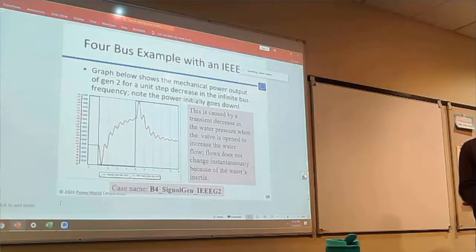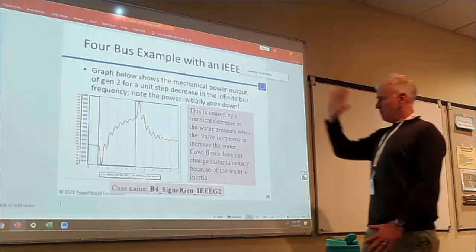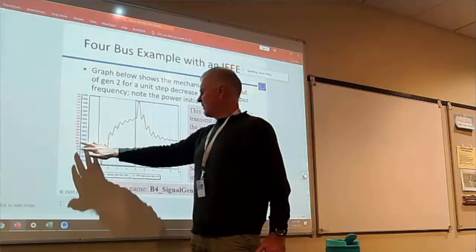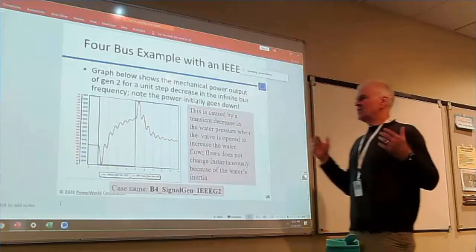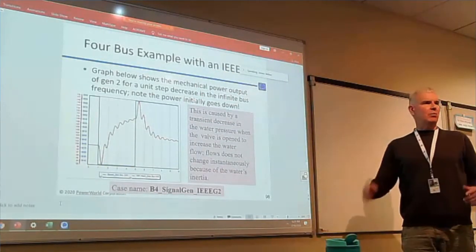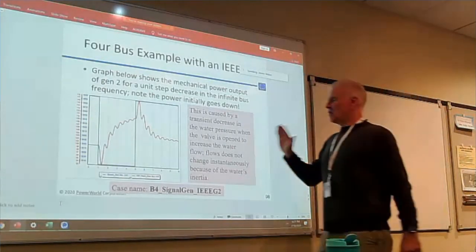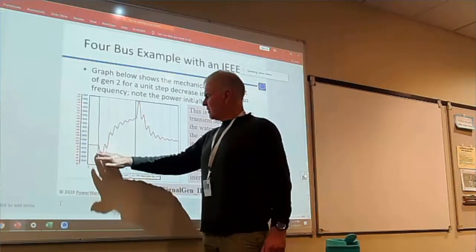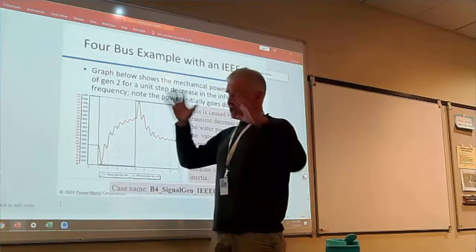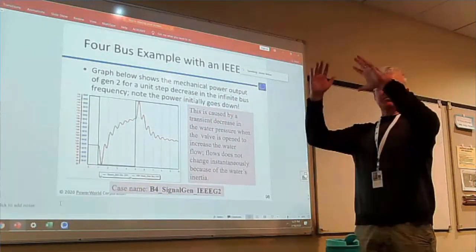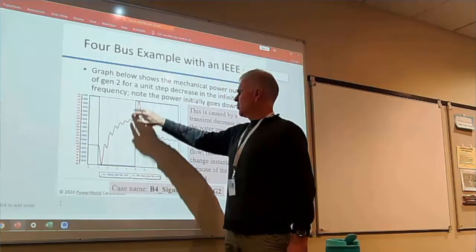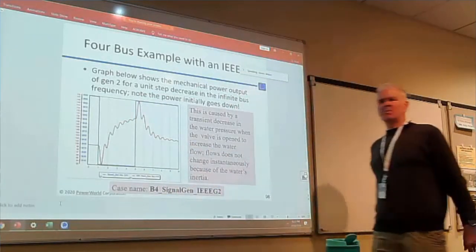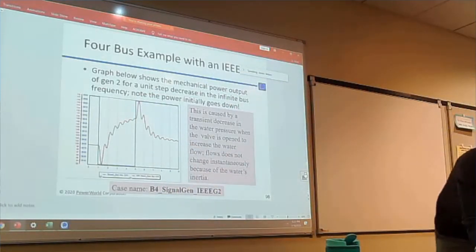The only reason I'm doing this is to test my governor's response. At that other bus, we've got the governor. If the frequency goes down, it's going to try to increase its output. But being a hydro governor, when the frequency goes down, initially its power output drops, then it comes back up. You can see some oscillation in there, and when I change it around, it does the exact same thing. So if you go ahead and run that,